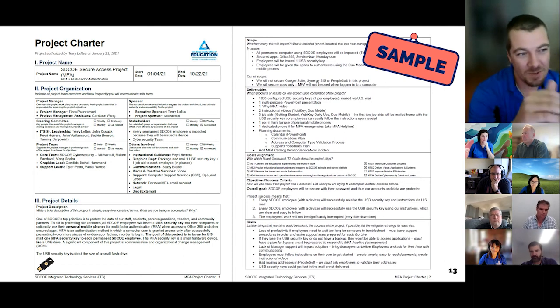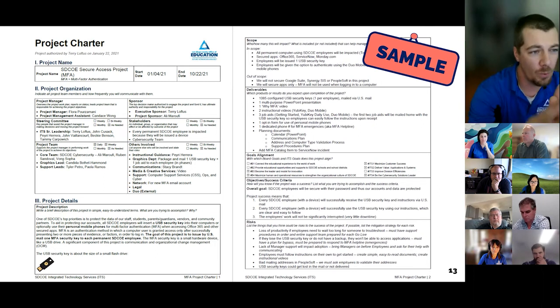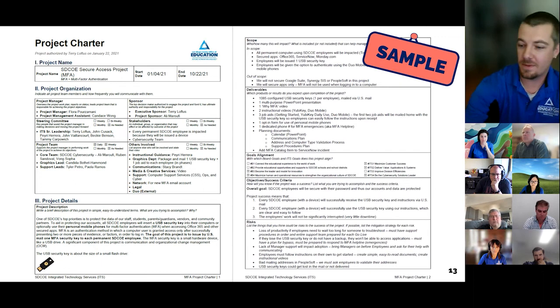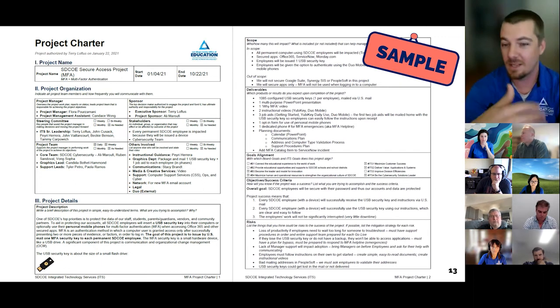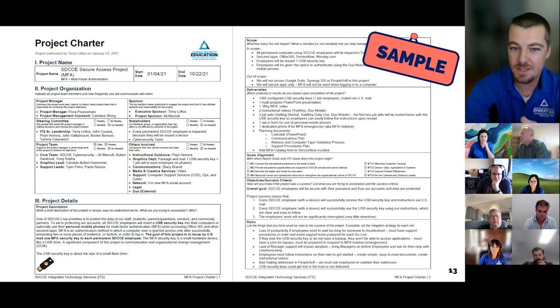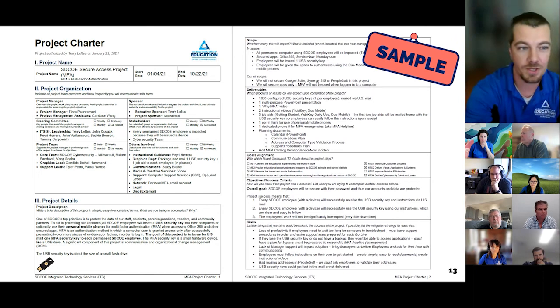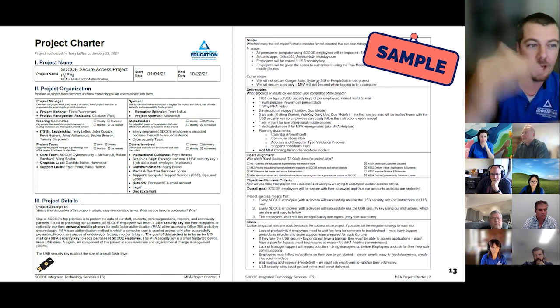So at the top, we've got the official project name. We've got our start date and end date as best we could guess. We've got our project manager and Candace as our project management assistant. We've got our sponsor and we actually broke this up. We did project sponsor and we did executive sponsor. So we have the project sponsor that is expected to be involved on pretty day-to-day decisions. But when those really big questions come up, we're kind of lifting those up to the executive sponsor. So if there's a big turn in direction, there's a big spend that we need to do, any real impactful decisions would get floated up to the executive sponsor.